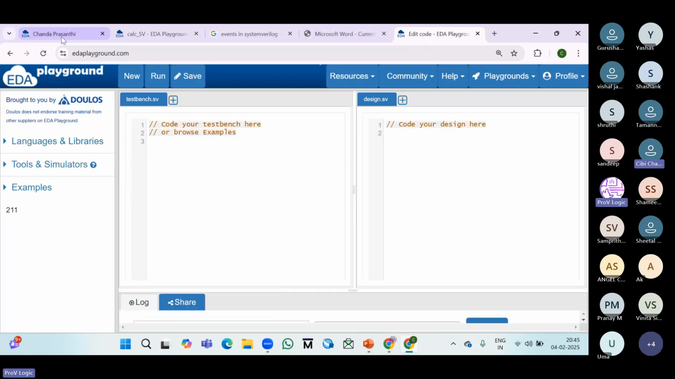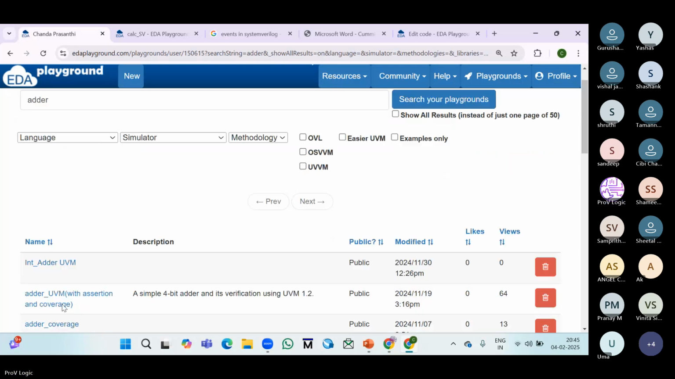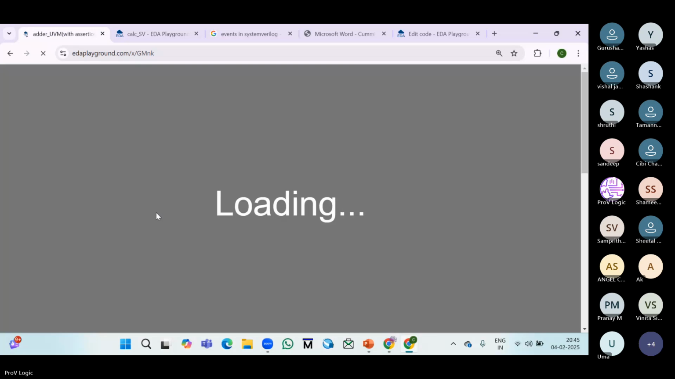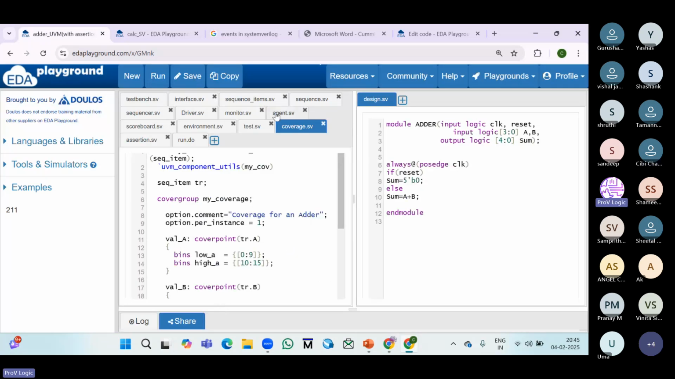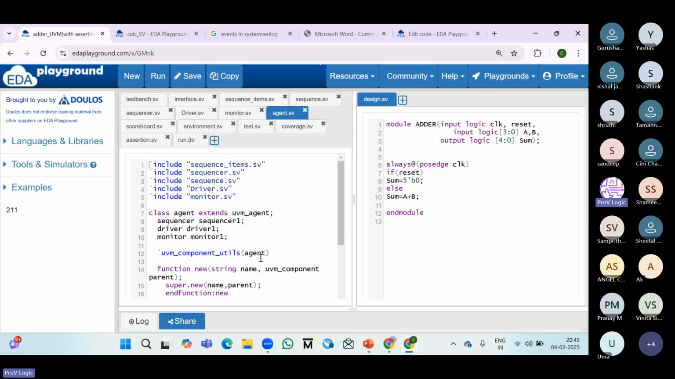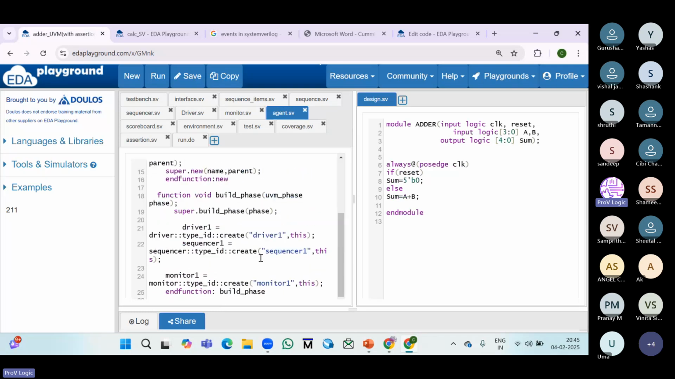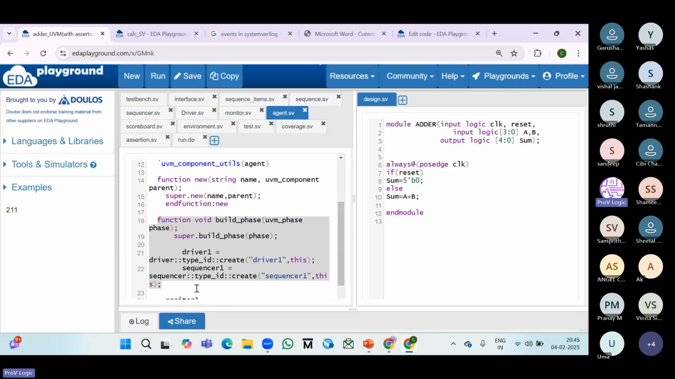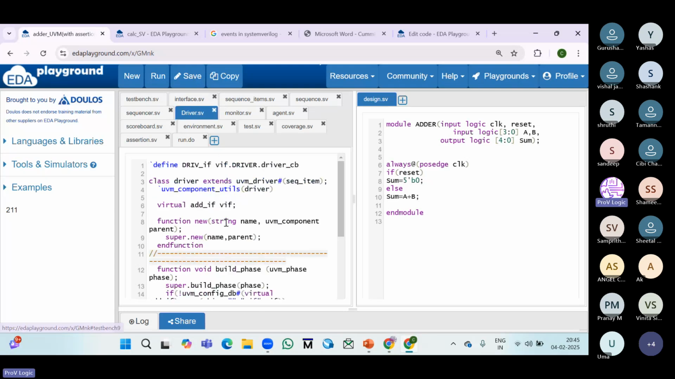First of all, in which block do we write the build phase? In environment. In agent we build the top level. Top level is the agent for driver, sequencer, and monitor. So here we will write the build phase, and environment is also top level for agent, scoreboard, and coverage. So there we will write the build phase,